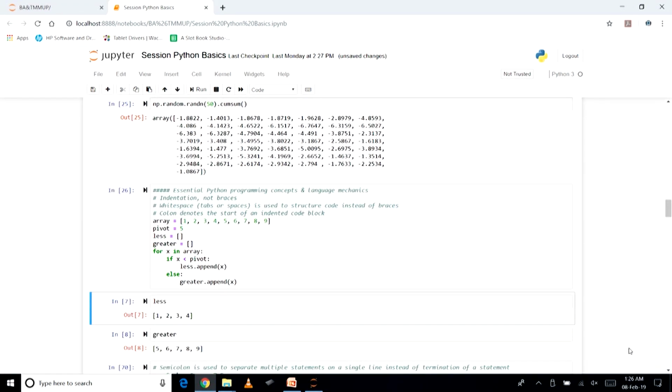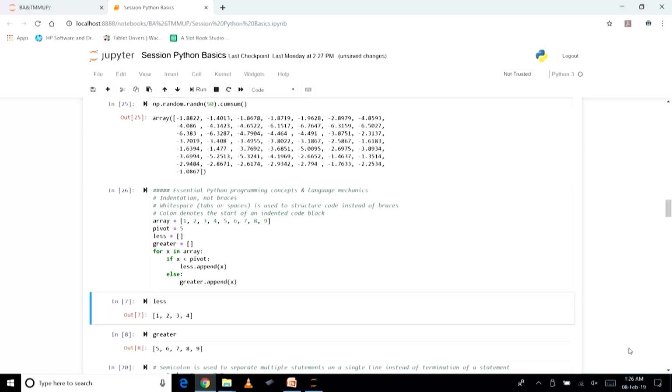Now we will start our discussion on the essential programming constructs that are available in Python, and the language mechanics as well. So let us start. The first thing is about how the code is to be written, and how Python is different from something you might have learned in other programming languages.